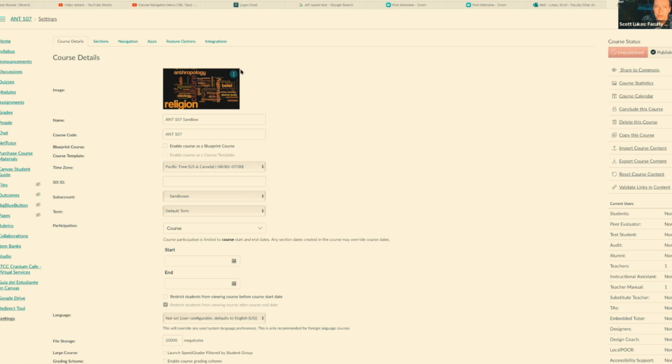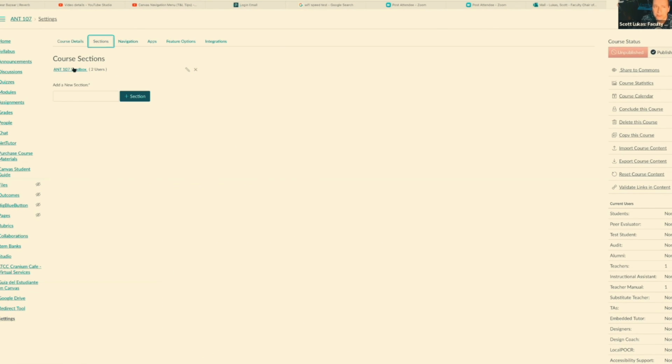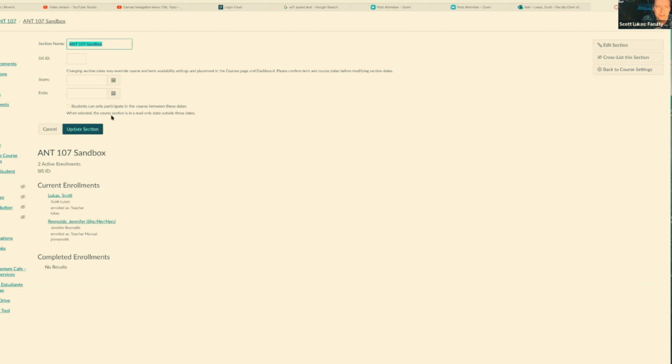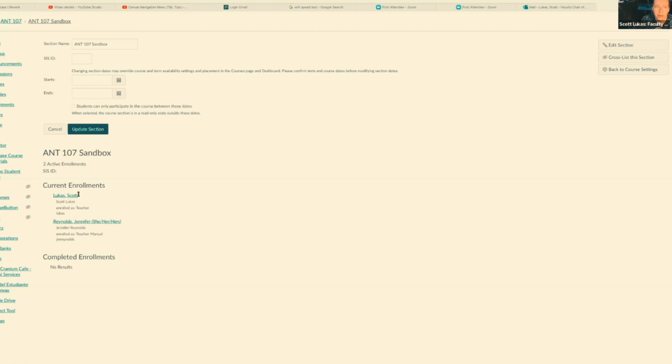If you want to change things like the image in your class, you can remove the image and change the image here. So course details is really kind of self-explanatory. The sections detail, we sometimes click on this if we're changing our enrollment dates for our students. This is actually not allowing me to, I guess it will here if I hit edit section. The start and end date, sometimes if you have that option to change that, and I don't know, sometimes this gets disabled for you as a user, but that's probably the one area where you would go in and adjust things at the section level.